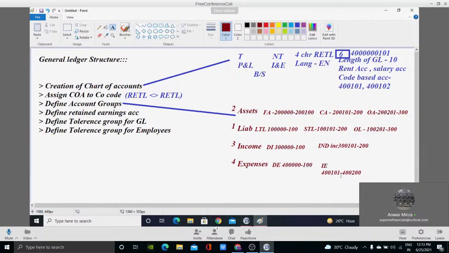Now here, your client may say, we have a whole head full of expenses, why don't you give a range of 1,000? So what if it is the 1,000 range? What will be the series? Are you going to enhance the code length? Do you think the enhancement of code is necessary, or do you just need to enhance your range?